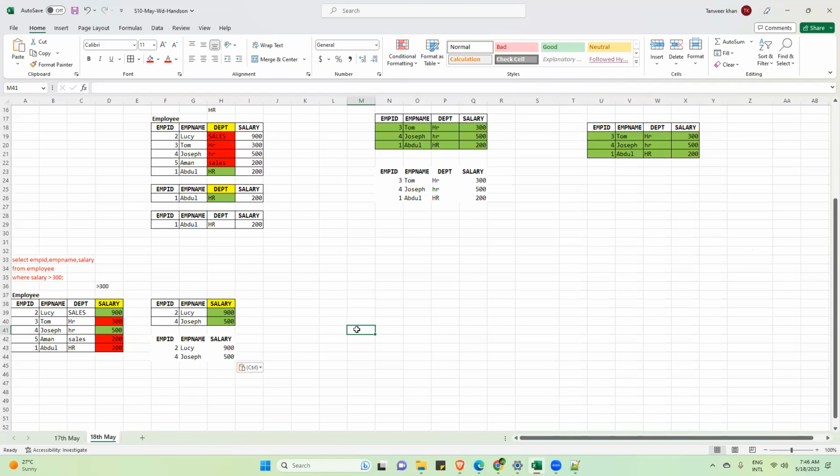Okay. So when it is performing a select or update, it does not touch your parent table. When you are writing your select query or any other query, it doesn't disturb the parent table, because the data might be changed. That's why it takes a copy and keeps it in temporary memory.